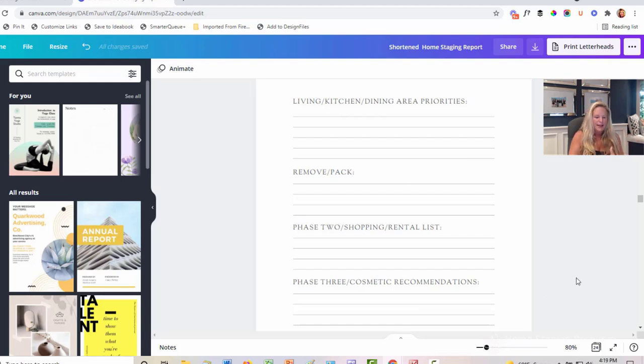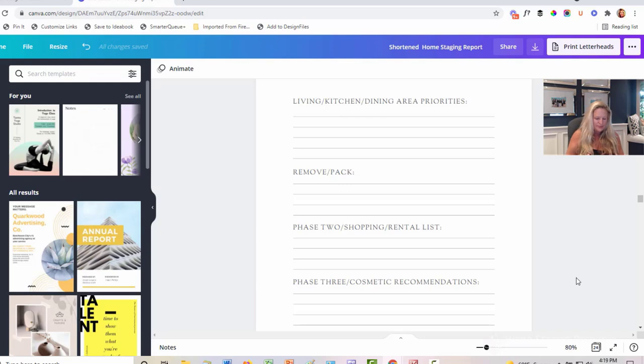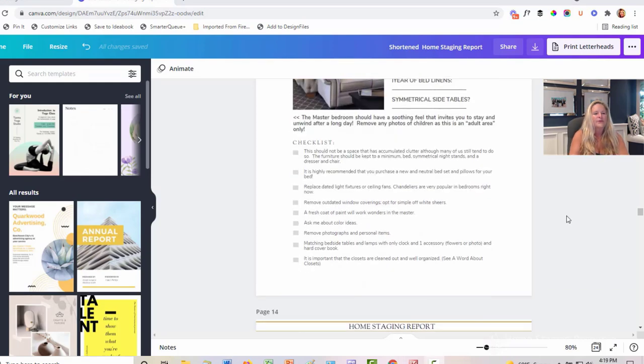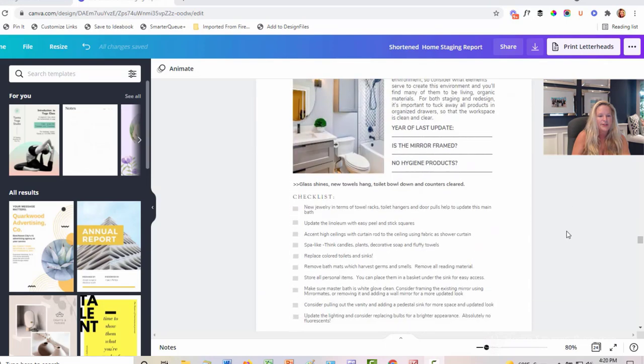It's really easy for you. Again, you want to be listing the shopping rental list. So that's tip number 10. Tip 11, your cosmetic changes list, because definitely there's probably going to be paint and things like that you're going to want them to do. Okay, so we're scrolling through and you see kind of really briefly on all our reports,